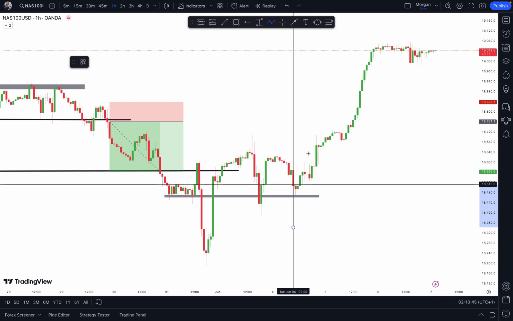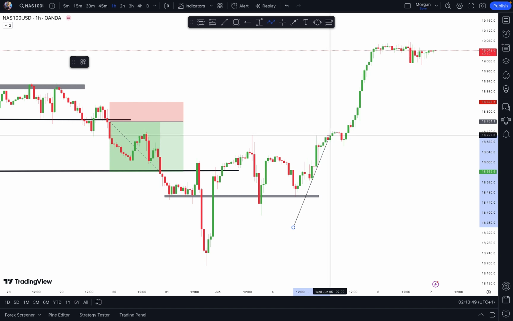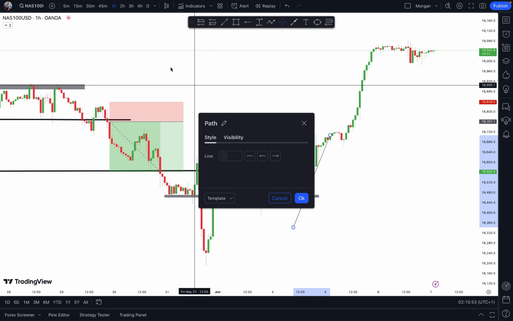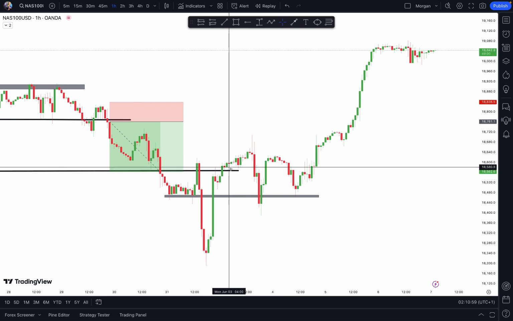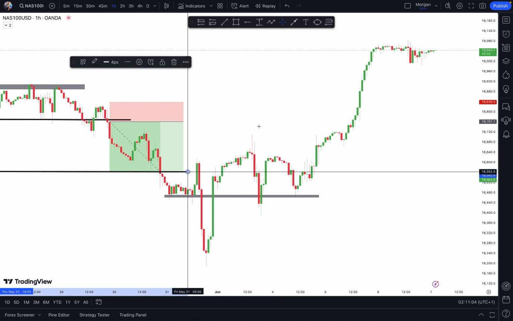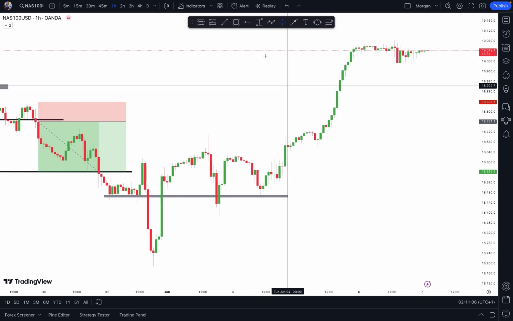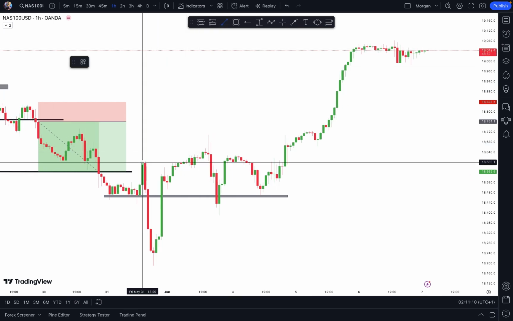And when price made a higher high, I knew instantly that okay, this is price trying to go up. This is price starting to turn bullish, and this is the indication that I should start looking for buys instead of sells. So in that situation, you can call this